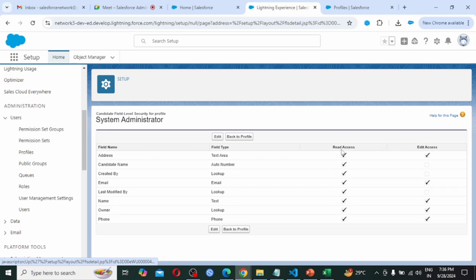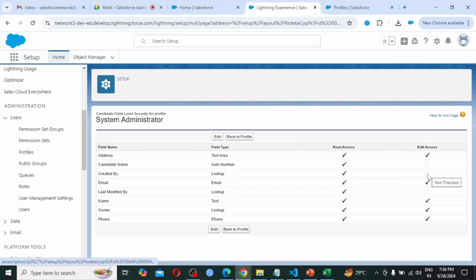For all the fields we have read access and edit access. For address we have edit access, and again we are seeing candidate name. We don't have permission to edit this candidate name, as it is controlled by Salesforce, so we can't edit.